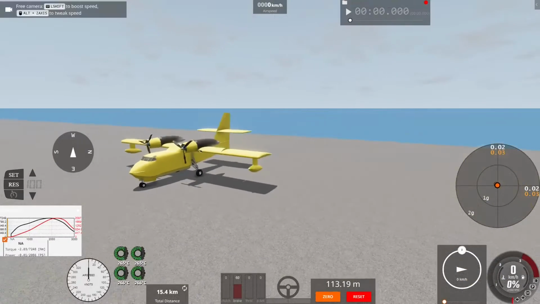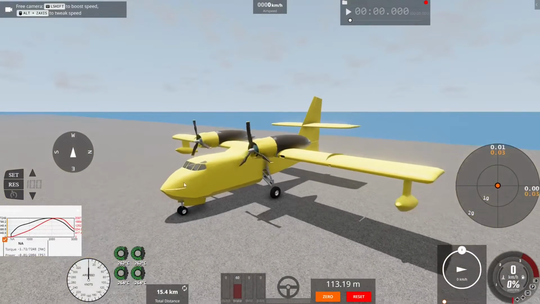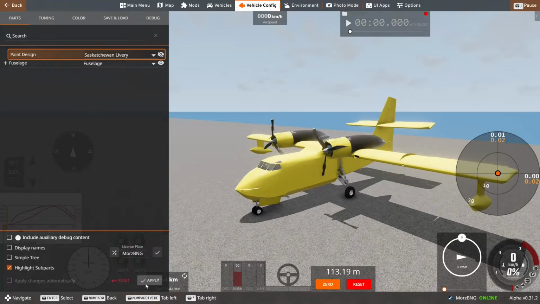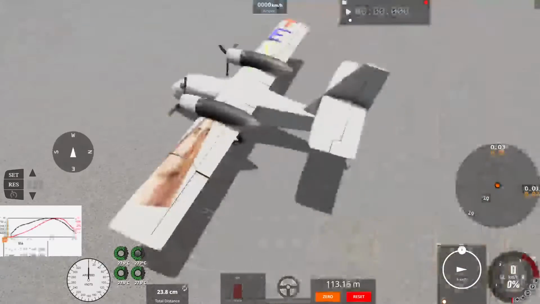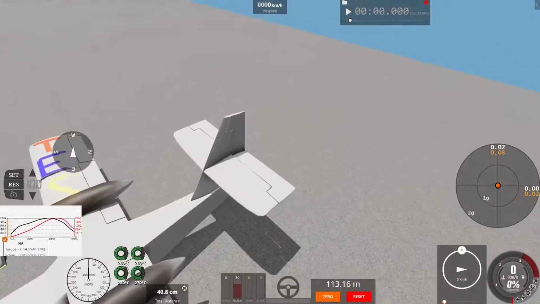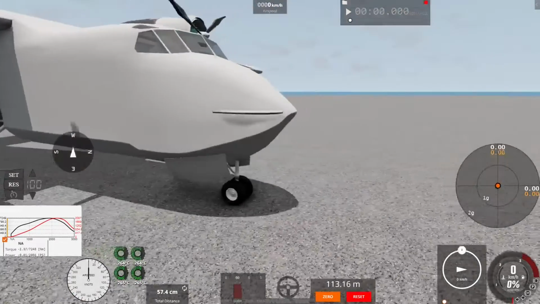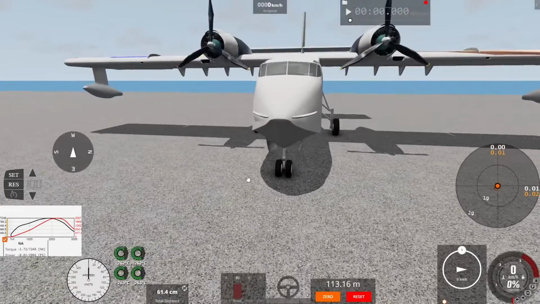Let's turn the lights back on. What you saw before was the skin, which for now looks like this. It's just a test skin to test the UV maps and everything. So that's what I've been doing